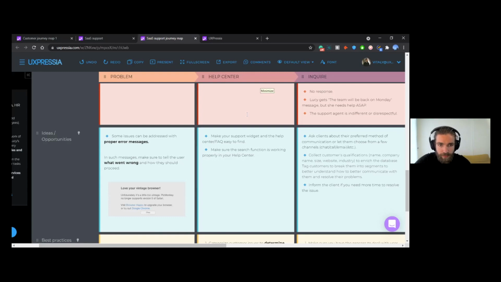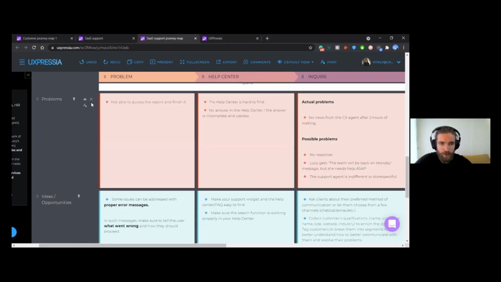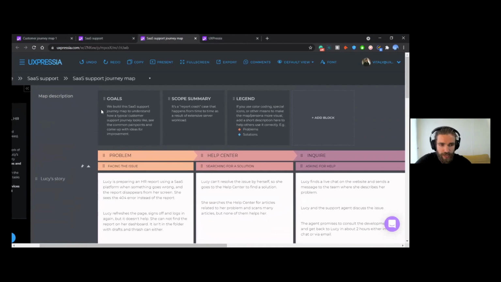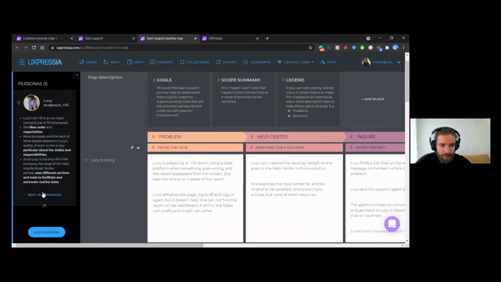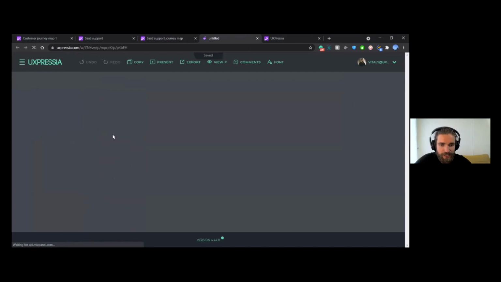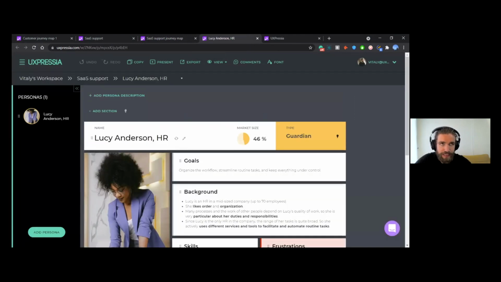All right, so seems that there are no questions. So let's probably move forward and see how we can work with the personas. The personas, to be honest, is a whole different topic because in the correct way, when you start working with the journey maps, it definitely is worth starting with personas. But at the same time, a common problem is that sometimes you might really lack a lot of data on the personas. You might understand how the journey looks like, but you might not really know a lot about your customers